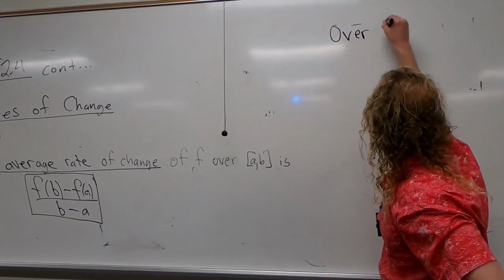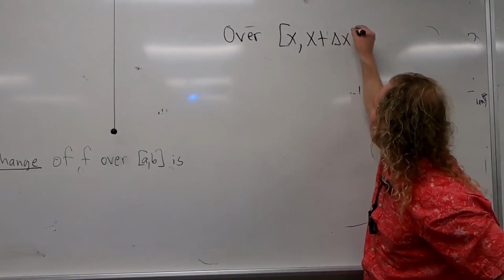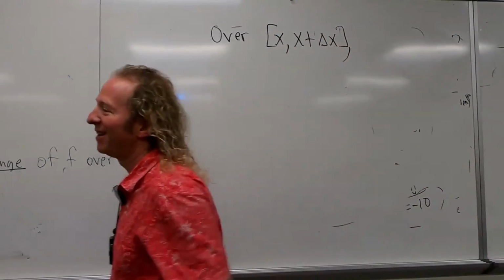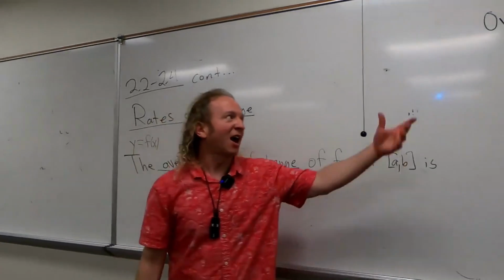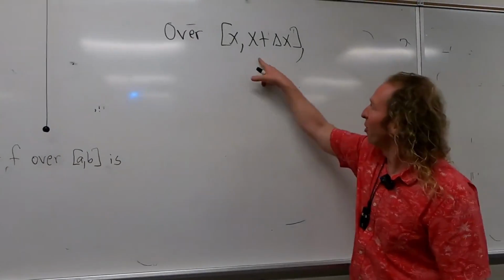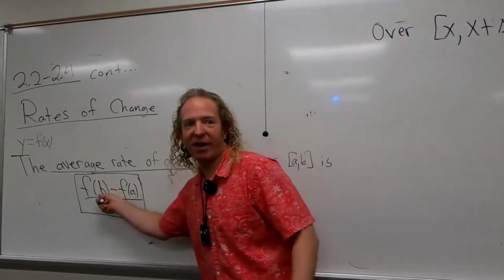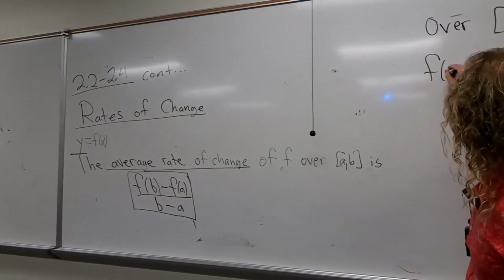So over x plus delta x. I'm using the delta instead of h. I could have used h. I don't know why I didn't use h. Too late. So over this interval, you can rewrite it. It would be f of x plus delta x